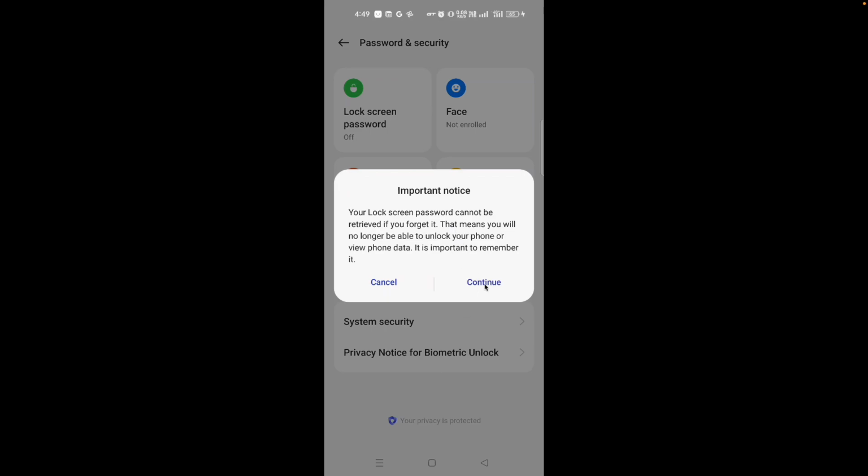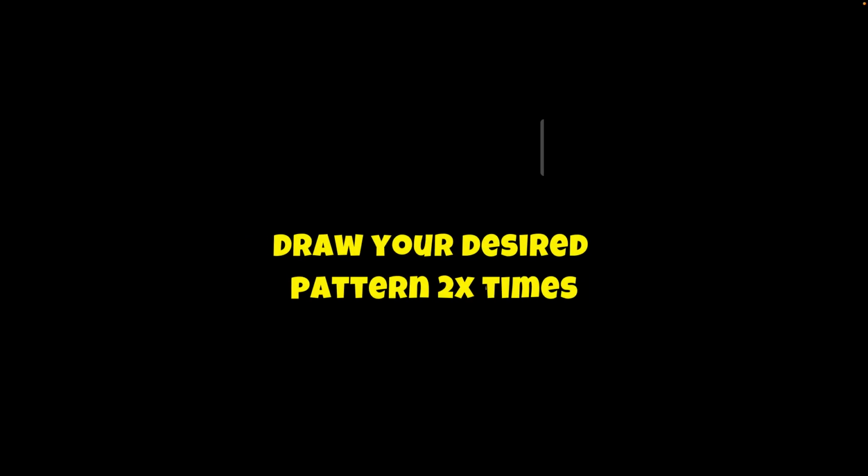And then normally click on this continue button. And here you have to provide your pattern. You will see a black screen here for the security issue of Android. Just normally provide the pattern that you wanna use for your phone. So I'm giving a pattern here and again draw the pattern,